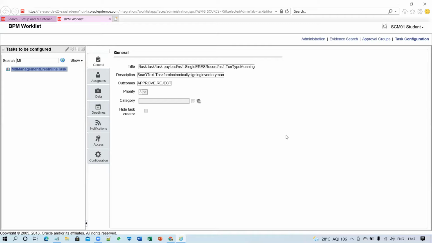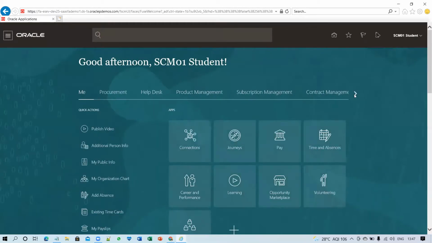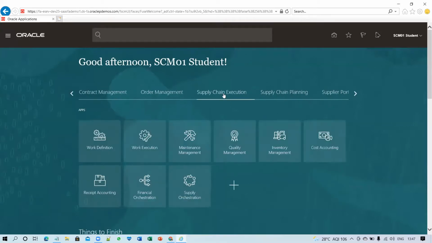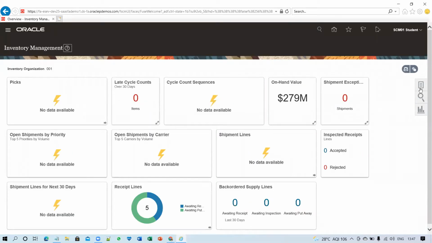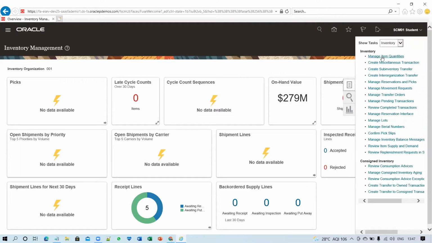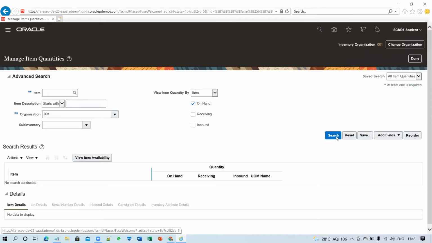Now, after that, we'll move to the UI. So I'm closing that window. Now I will click on the home. Once I click on the home, I have to go to supply chain execution. Now I have to click on inventory management. Once I click on inventory management, first we'll take one of the items where we have on-hand available.